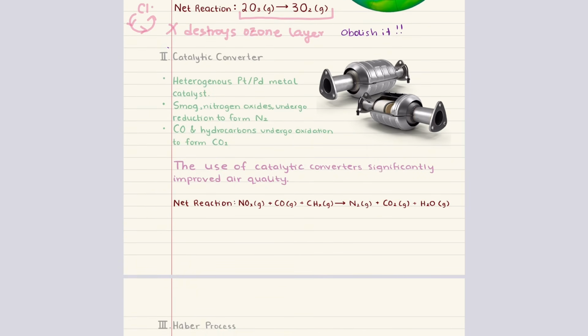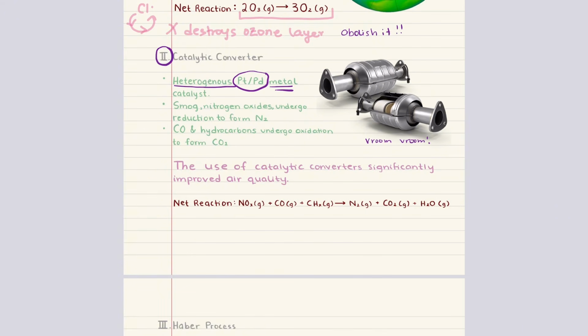The second major catalytic system we rely on every day is the catalytic converter that's found in automobile exhaust systems. This device uses a heterogeneous catalyst, which means the catalyst is actually in a different phase than the reacting gases. In this case, the catalyst is a solid surface that's composed of platinum and palladium metals. And so as hot exhaust gases flow over this metal surface, the catalyst provides a place for several important reactions